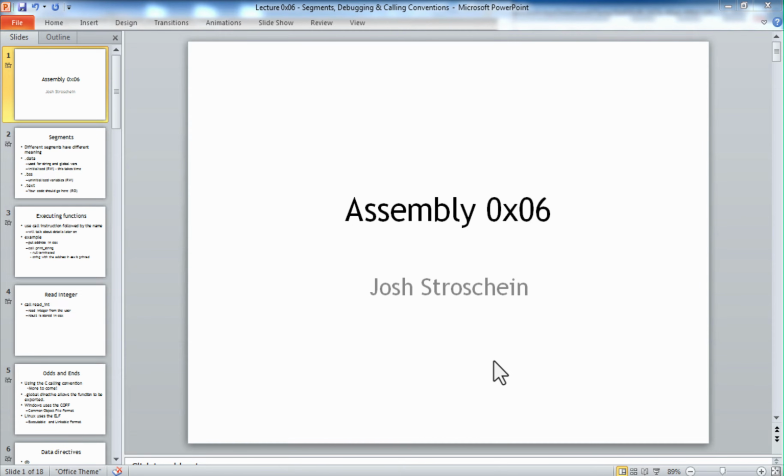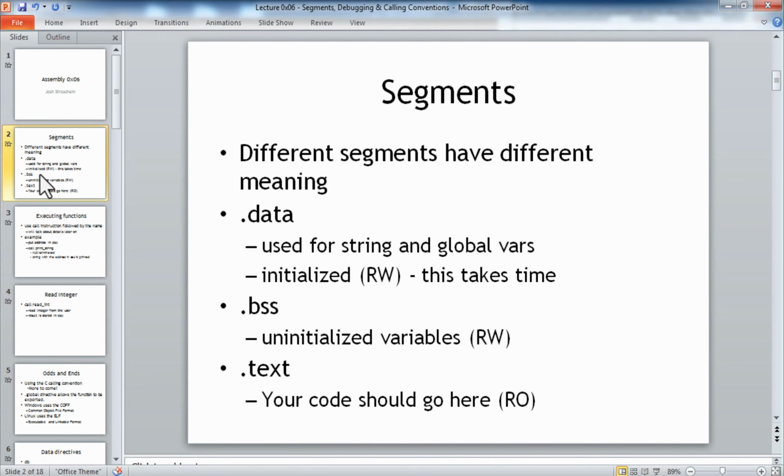All right, in today's video, we're going to be talking about calling functions, a little bit about segments, and then some of the memory layout, as well as debugging. So we're really going to start to get into our assembly programs and some things that can help us along the way. You'll notice as you start working with the files and the examples that we're looking at, that template